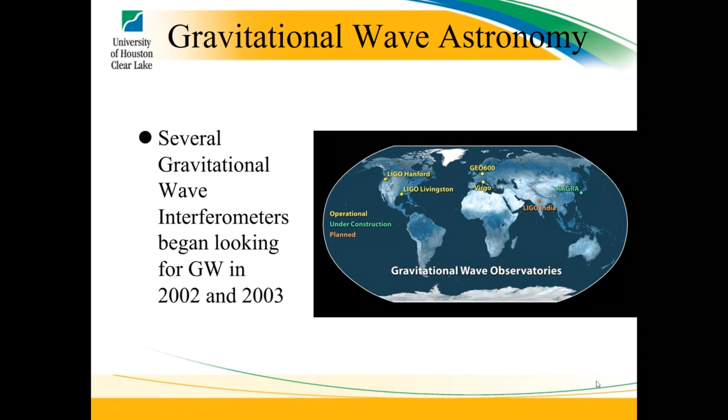So the neat thing about these is you really need to spread them out around the world, because if a gravitational wave comes in and you only have one detector, then how do you know that you're seeing a signal if nobody else can verify it? If you have 2 or more picking up the signal, then you can tell exactly where the signal is coming from. And you can also tell things about its polarization. So all these are very carefully planned in where you're going to locate them geographically.